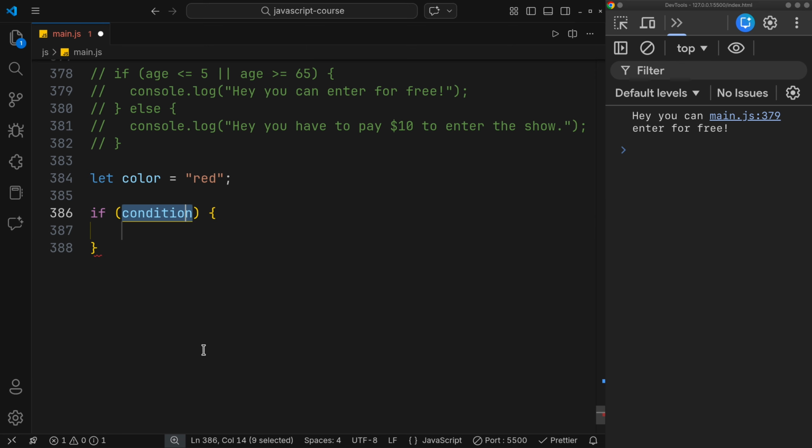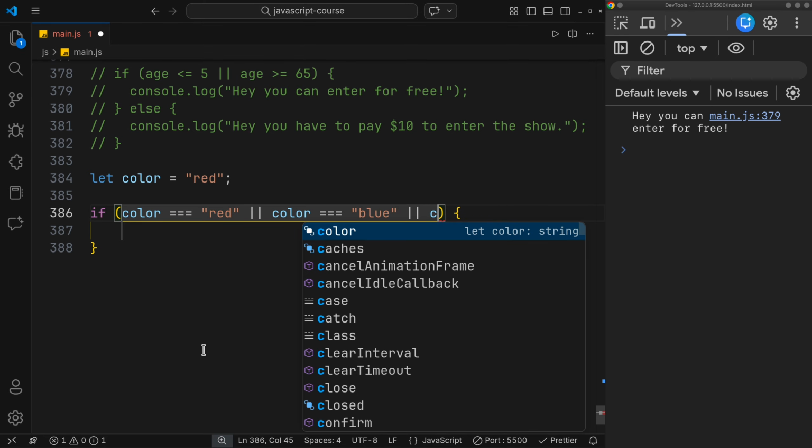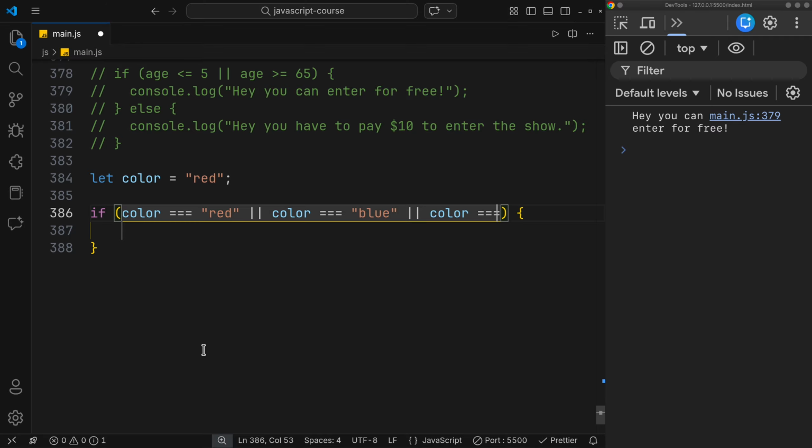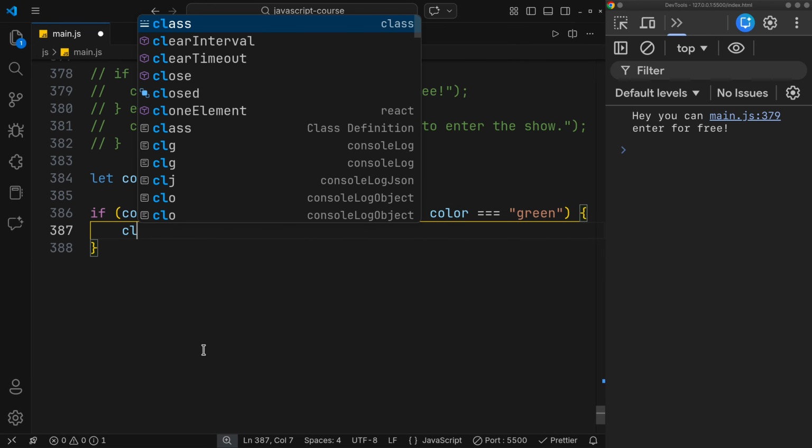If the color equals red, or if the color equals blue, or the color equals green, if that is the case, then